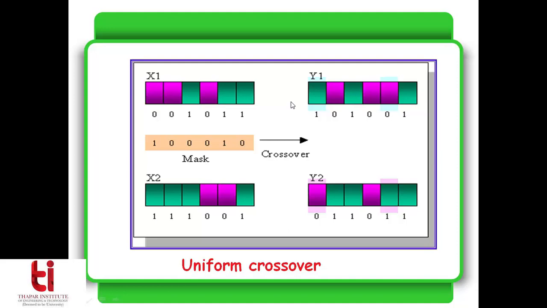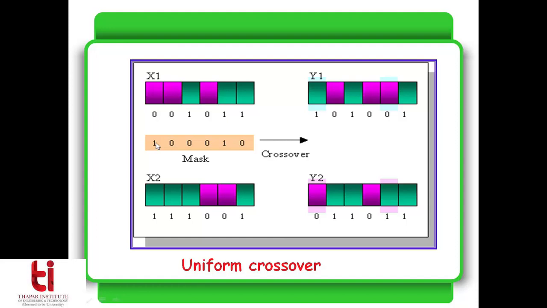The uniform crossover can be thought of as an extreme of the multi-point crossover. In the uniform crossover operation, each bit from either parent is selected with a probability of 0.5 and then interchanged. We can see this with the help of an example. We make use of a mask. So in this case I create a mask.